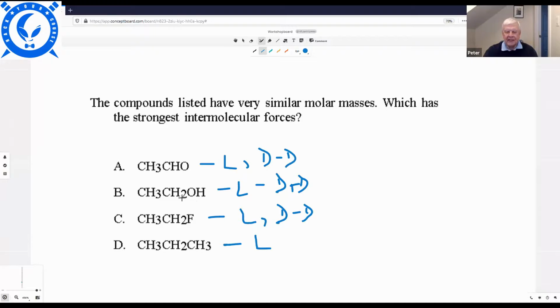But the thing that sets B apart is that it can have hydrogen bonding. Remember, hydrogen bonding has to have the hydrogen attached to a nitrogen, an oxygen, or a fluorine,